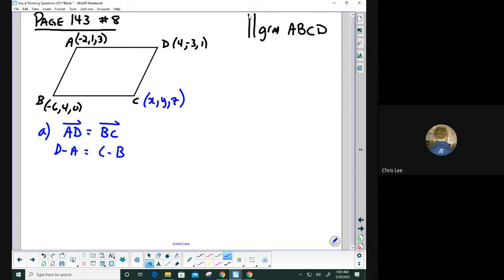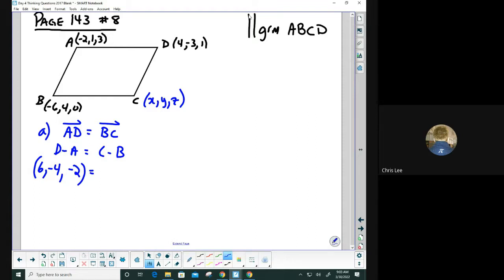Now, in DA, I think we could actually do that math. We're just subtracting, so we subtract the X's, the Y's, and the Z's. So 4 minus 2 is? 6. Yep. -3 minus 1? -4. And 1 minus 3? -2. So there's the vector AD. And I know it's going to be equal to the vector